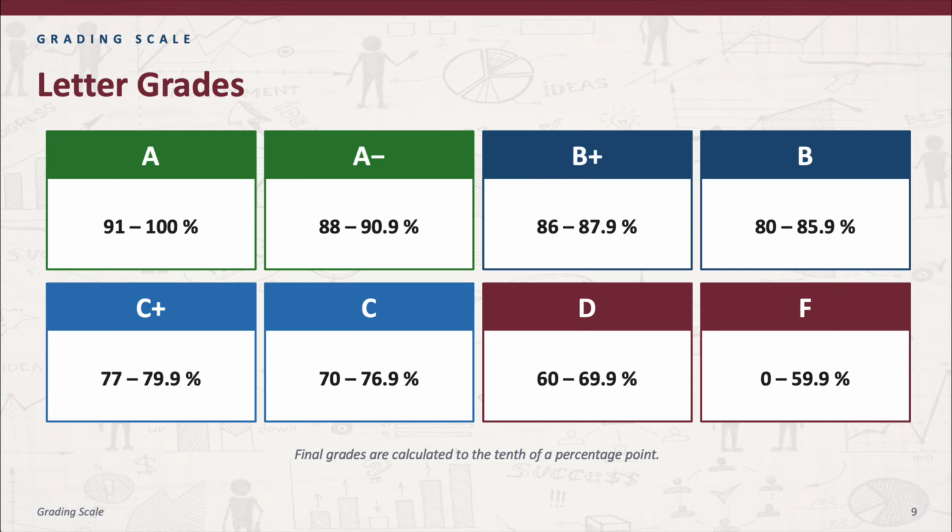They're all outlined there. As far as the grades, these are the grades, A through F, and we don't have a C minus. We don't have a D plus or D minus. It's all A minus, B plus, B, C plus, C. Please take a look at these, but I would like to quickly note that A starts with 91, not 90. Again, this is in your syllabus. Feel free to take a look at these things.